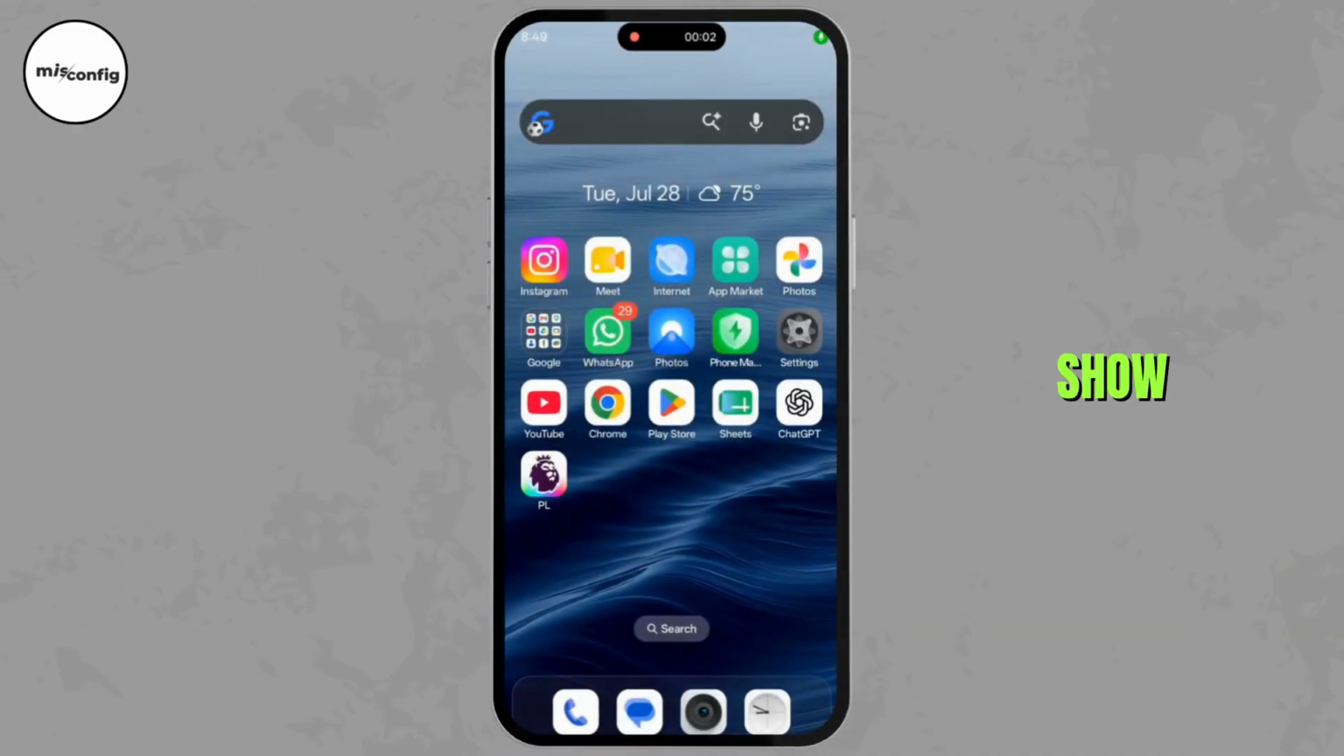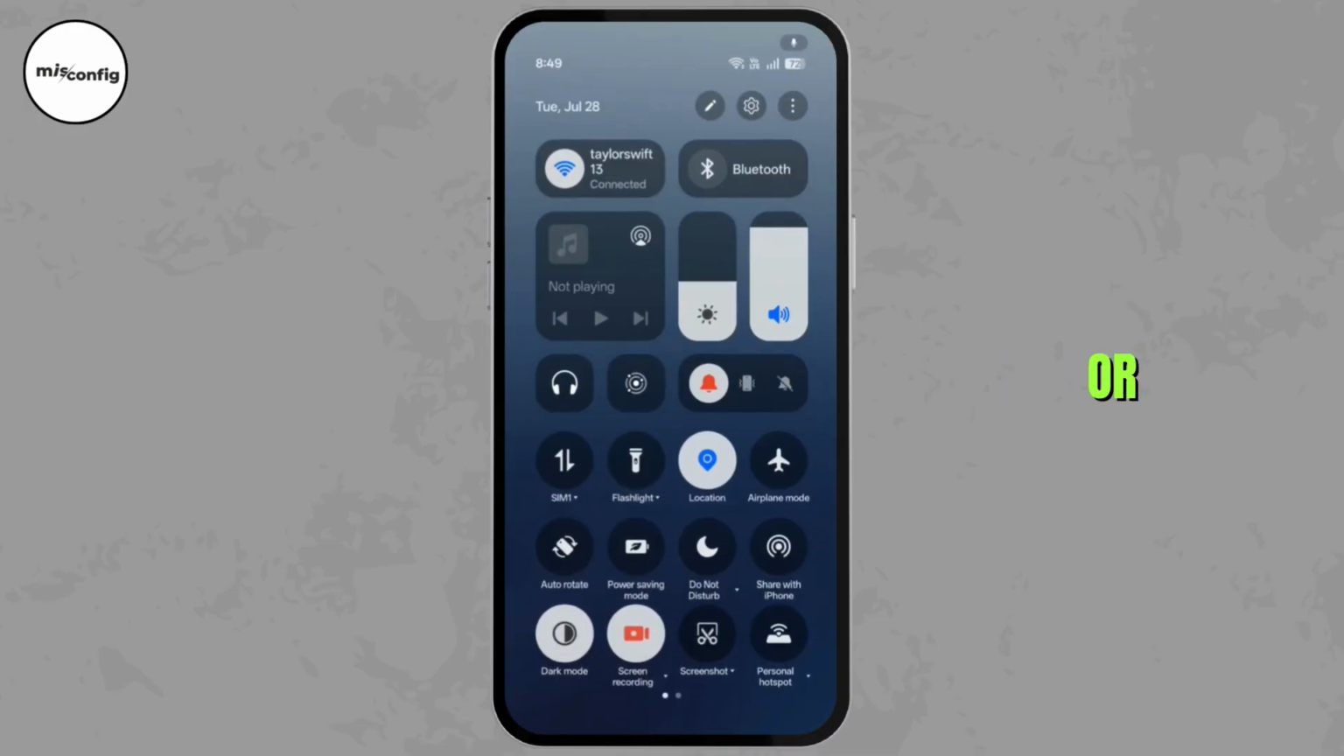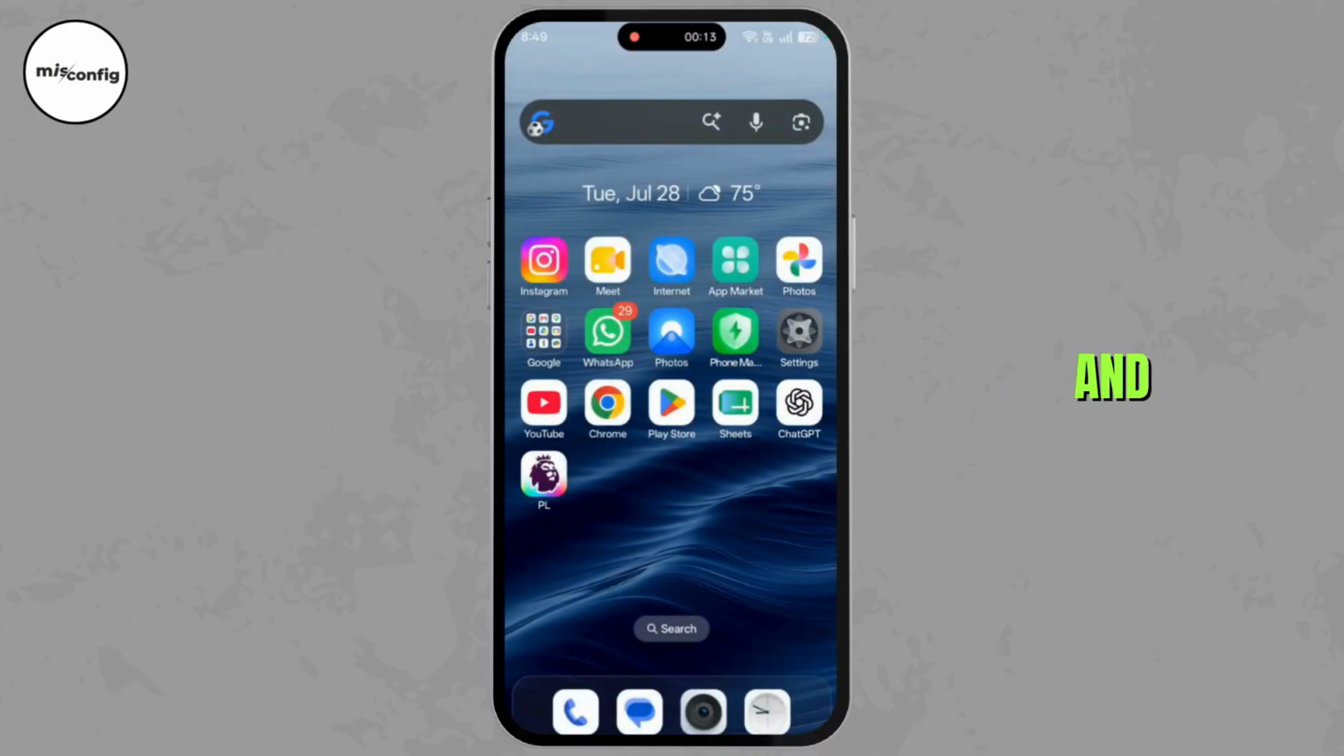In this video, I will show you how to fix Fantasy Premier League login problem. So for that, first of all, ensure that your Wi-Fi connection is stable. Or you could try switching between mobile data and Wi-Fi connection. The next thing that you have to do is ensure that your credentials like your email address and your password